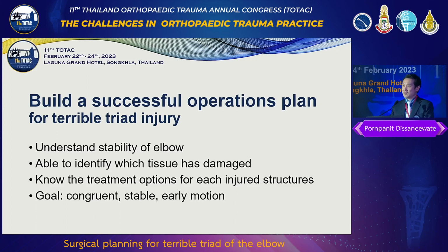Second, in this injury, you have to identify all of the injured structures that may cause the instability of the elbow, and you have to address and treat each injured structure to make the operation successful. So you have to make sure that you make the joint congruent and also stable and have a good